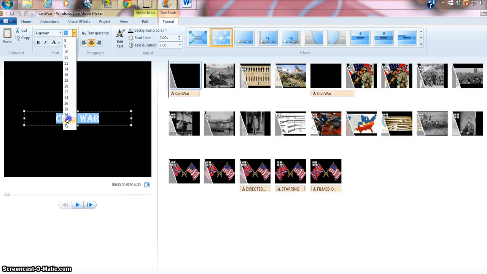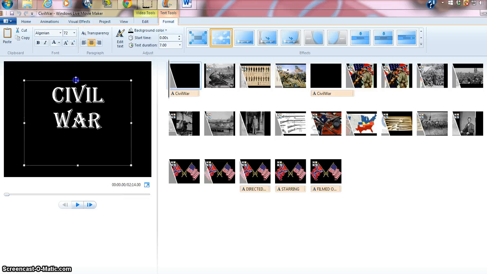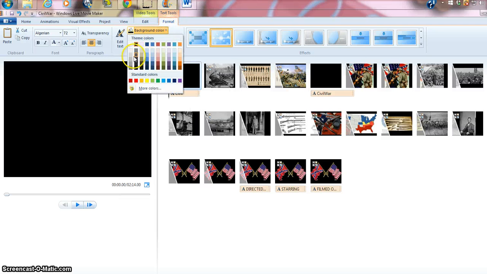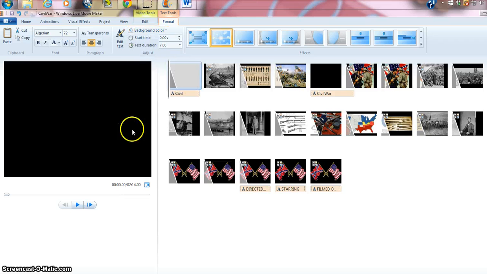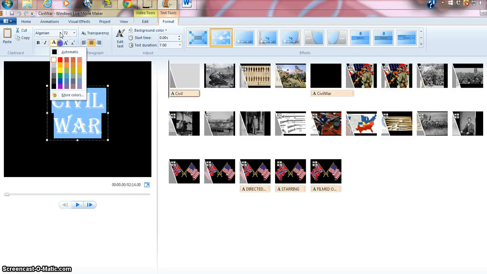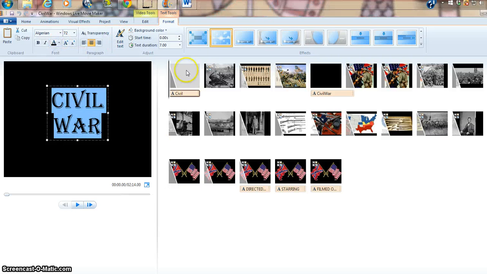And you can click and make it bigger. You can make it smaller. You can change the color on it. You can also change the color on the background of the slide. It says background color. You can change it to whatever color you want. You can change it to gray. You can change it to white. And then you can click your text and change the color of it as well. So anything you want to do,